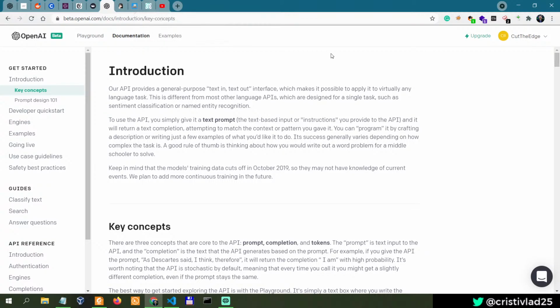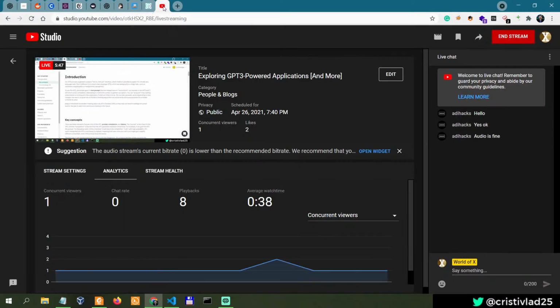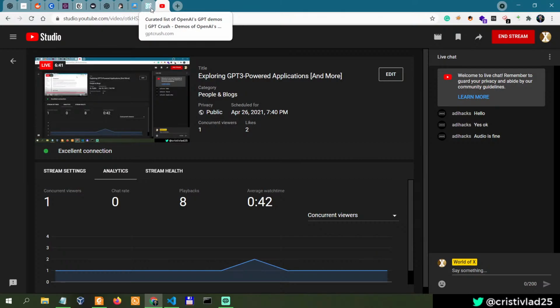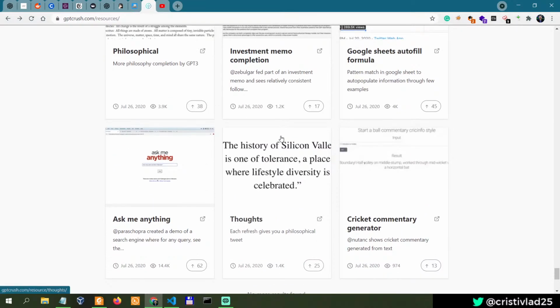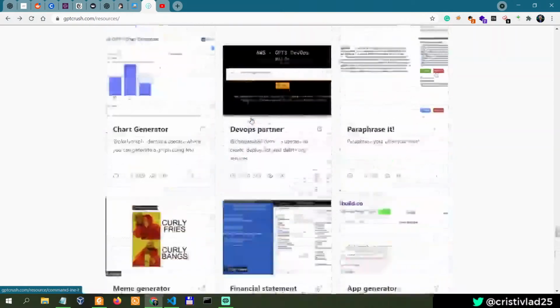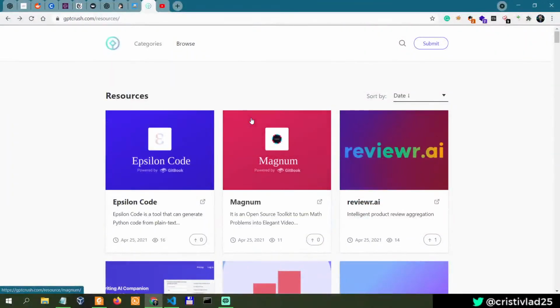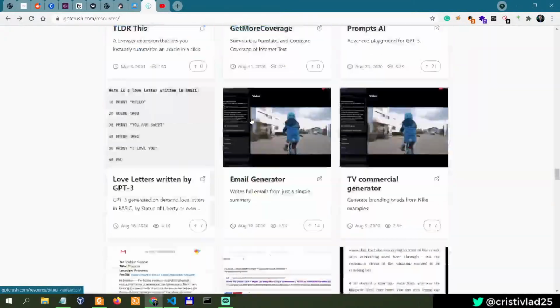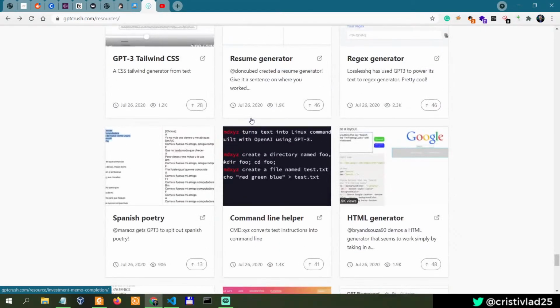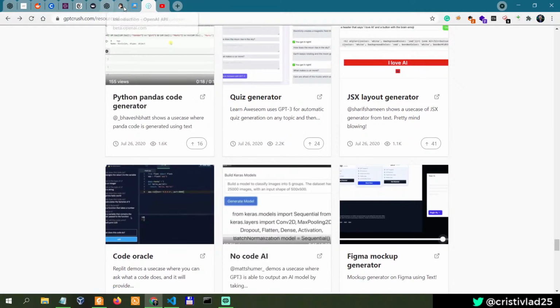So right now I have access to the OpenAI GPT-3, and we'll be doing a lot of live videos on the World of X channel in the near future, because this is a very special focus of mine right now. Before we get started with all these applications, which are probably more than 100 right now, and all of them are interesting, maybe we'll only get through a few of them which are live right now. I just want to show,